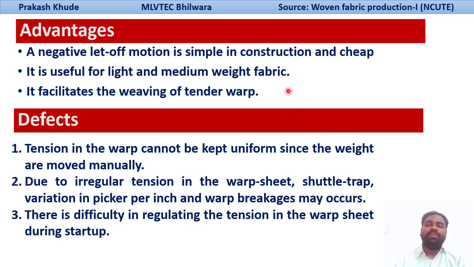Practically, changing the dead weights is difficult. The second option, changing the number of coils of chain wound on the ratchet, is also not possible. Third, changing the position of the pin where the hook is attached to the lever is also not possible practically. So the best way is to change the dead weights on your lever so that we can get uniform tension and uniform releasing rate of your warp sheet to the weaving area.